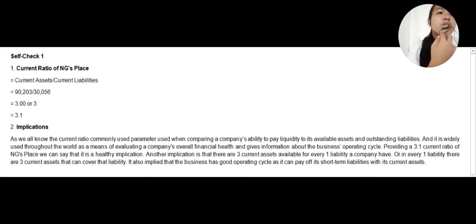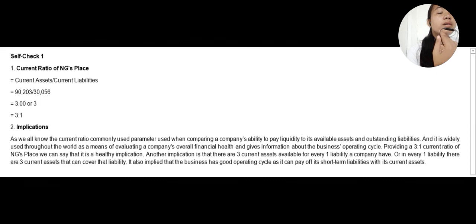Another implication is that there are three current assets available for every one liability a company has, or for every one liability there are three current assets that can cover that liability. It is also implied that the business has a good operating cycle as it can pay off its short-term liabilities with its current assets. So it is a healthy